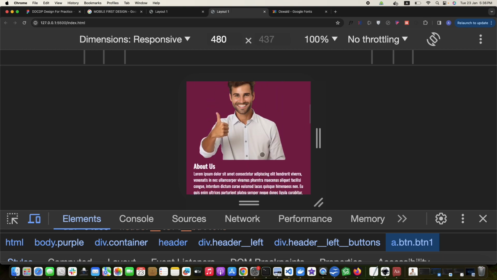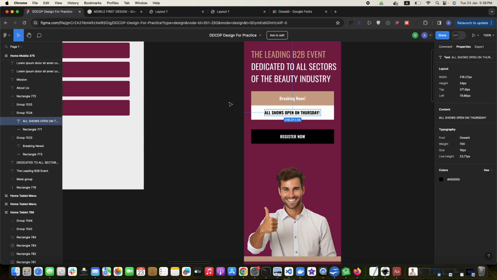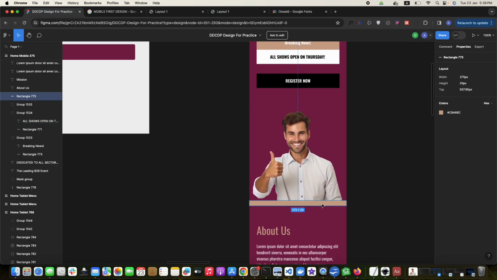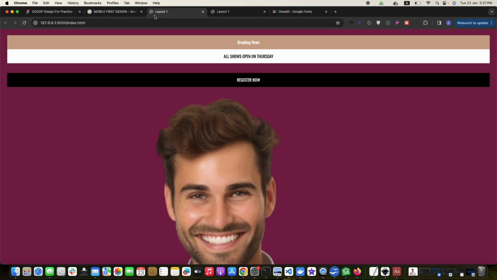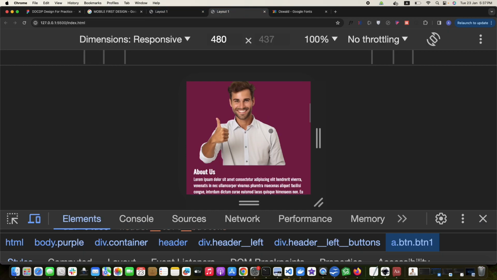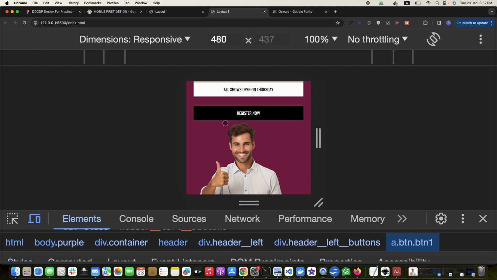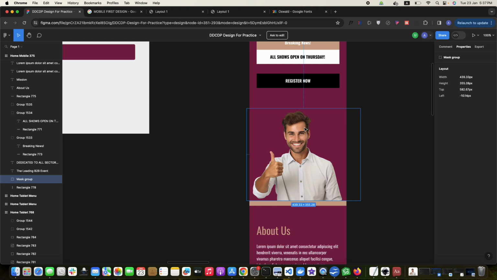You might have noted that there is a border as well here. And there is some gap between the register now button as well as the image. There is some space between them, and we will just calculate that space now. So for example, the distance between this one,